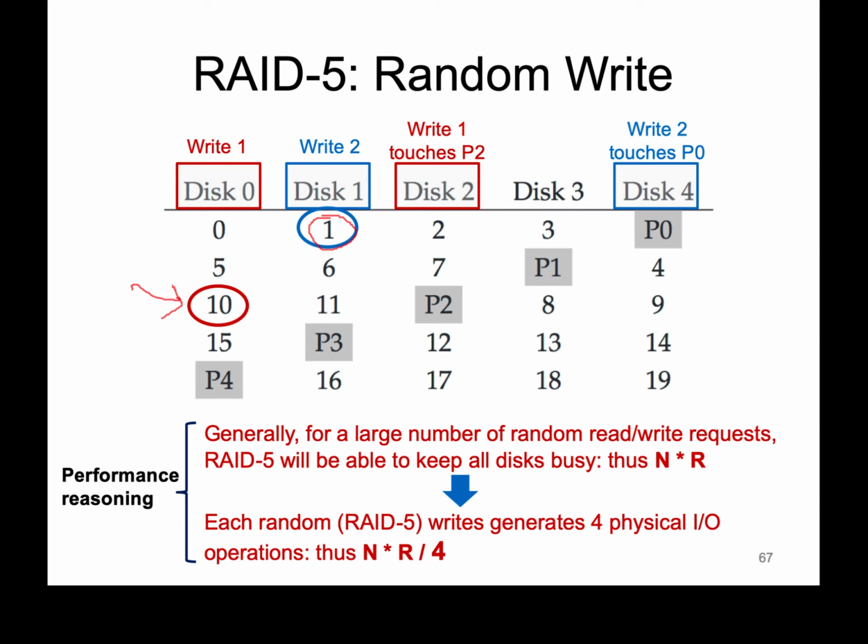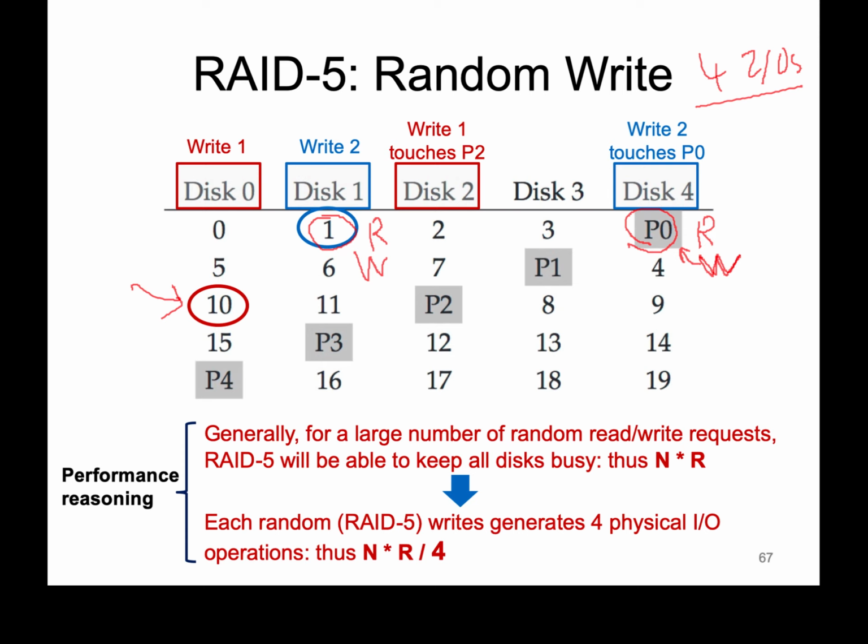This logical write results in a physical read of logical block 1 and a physical read of parity 0 to verify the parity, followed by a random write to modify data block 1 and another random write to modify this parity chunk. Because your original data gets updated, this update has to be reflected in the parity data. That is why you have this random write targeting the parity data. So a logical random write hitting logical block 1 gets effectively translated into 4 IOs,